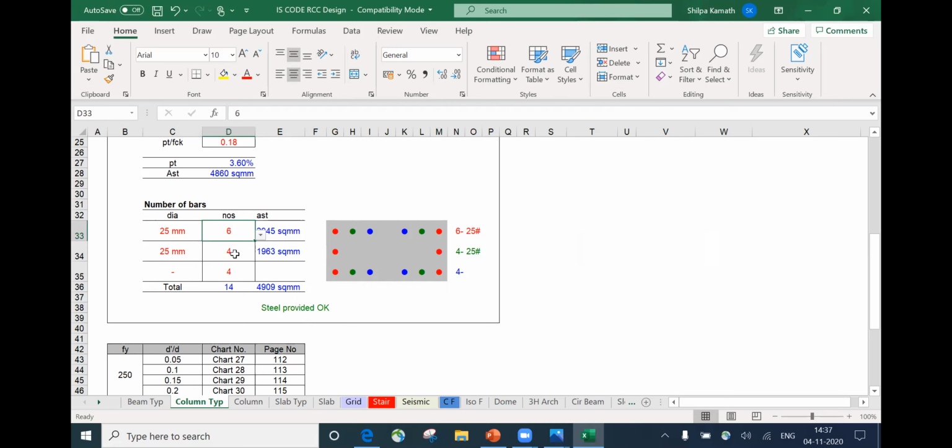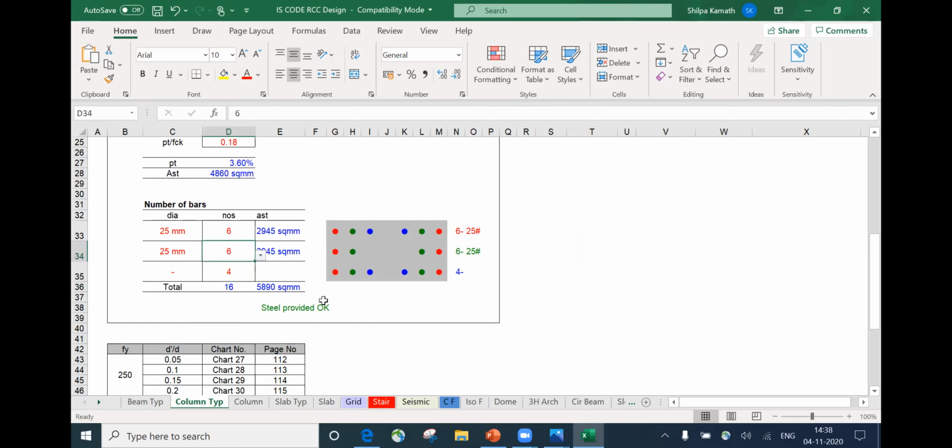The steel provided is okay. So here also instead of providing 4, I'll try to provide 6. So that is also safe. But the thing is, I require only 4860, but I'm providing 5890, trying to be more safe. In the process I'm putting more steel, which is turning out to be uneconomical. That is not required for me. So I'll make it 4 again. Now it is fine, right? 4860 is required, but I'm providing 4909. It is good. If you provide 6, we're actually wasting the steel.